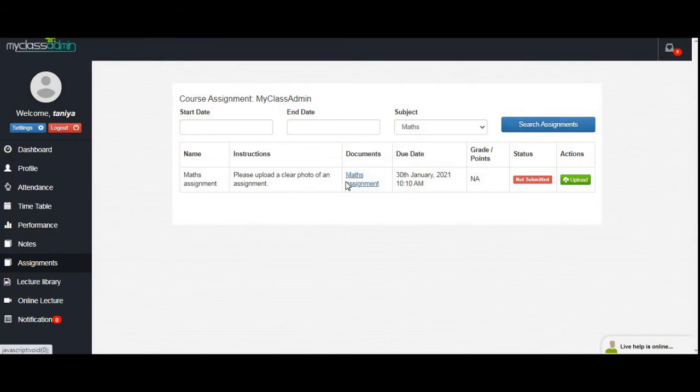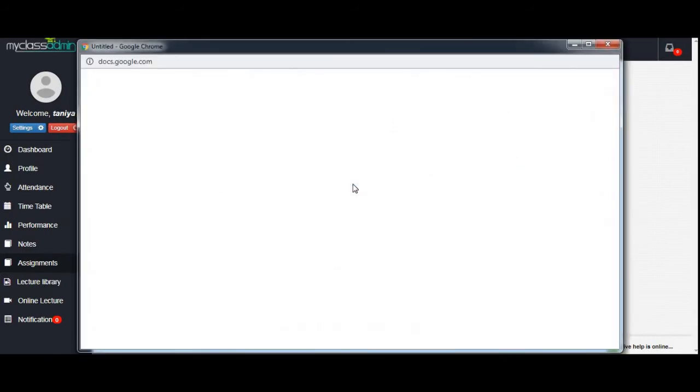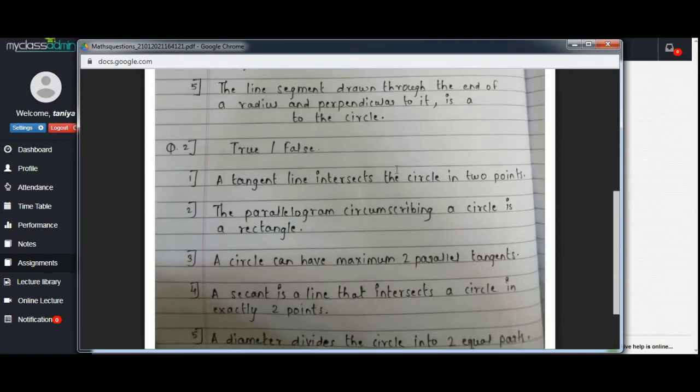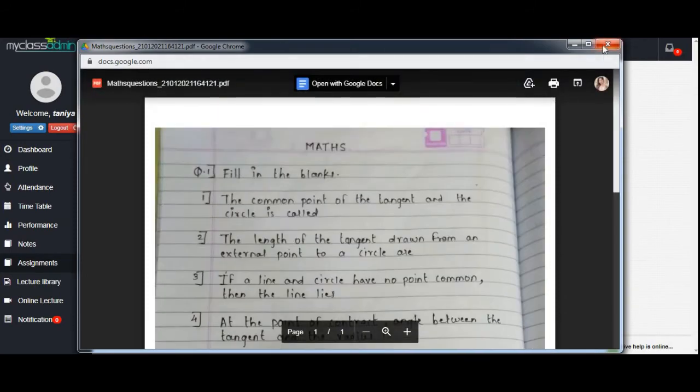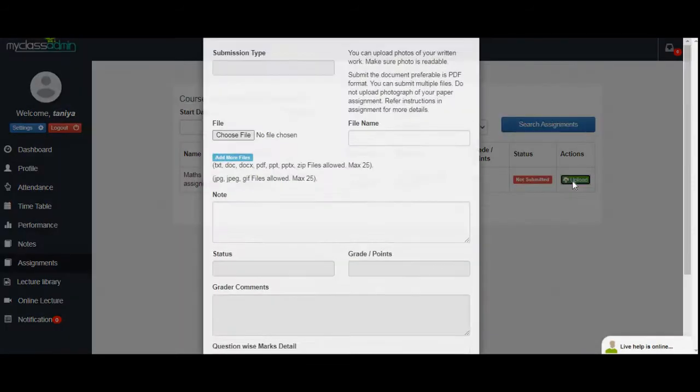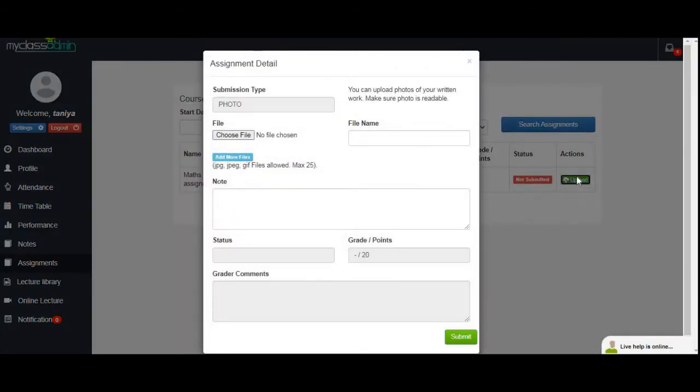Now, if students want to view the assignment, then click here below the document. Due date is the last date of the submission of the assignment. Current status is not submitted.